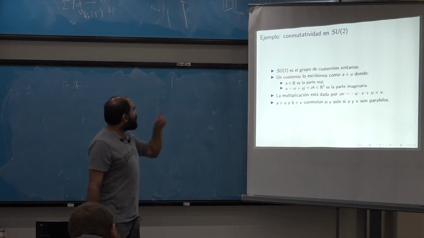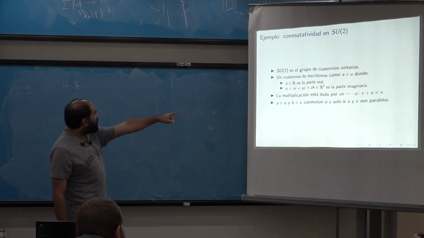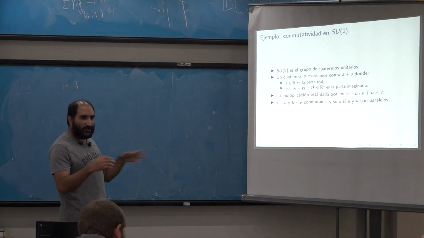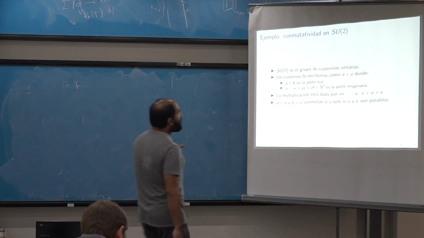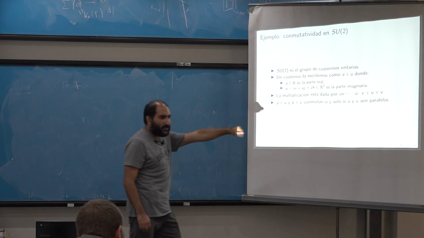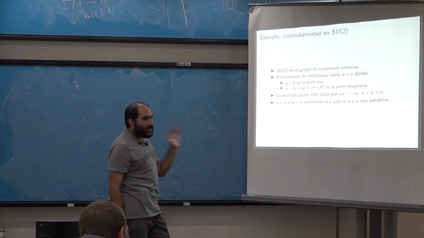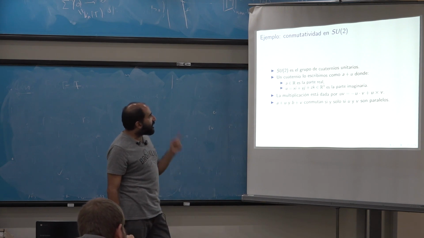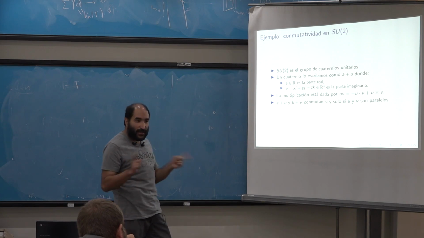So let's do an example with SU2. That's the group of unit quaternions. I'll write a quaternion as a + u, where a is the real part and u is the imaginary part, a vector in R^3. In those terms, the only thing you need to know to multiply quaternions is what the product of two imaginary ones is, and there's a simple formula for that. Its real part is minus the dot product. Its imaginary part is the cross product. With that formula, it's easy to check that two quaternions commute if and only if their imaginary parts